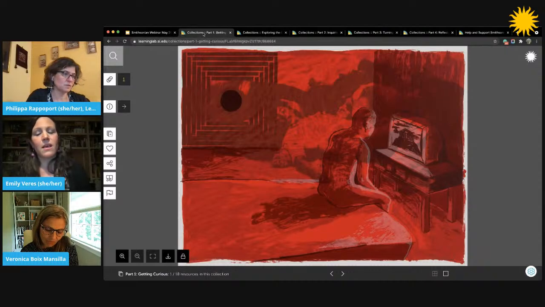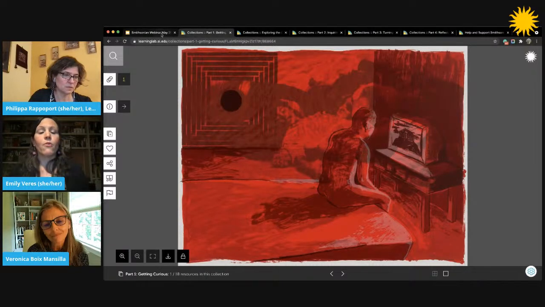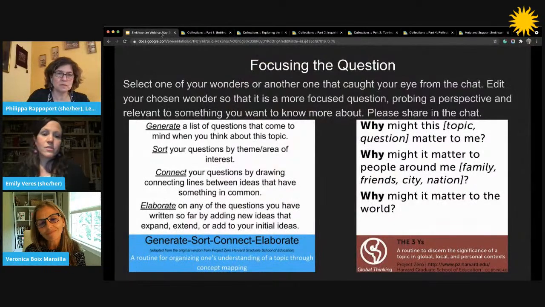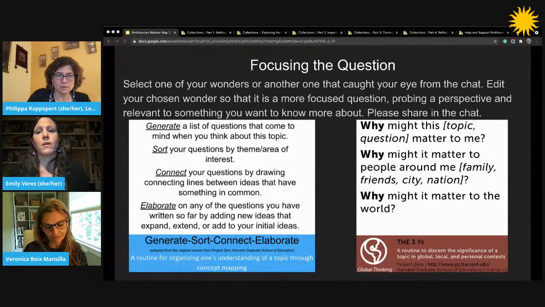For my students, the next step after looking at this particular image was to consider the questions that they had brought up and then focus those questions. I used a couple of different thinking routines to do this, and you can either practice this on your own, or you can consider fine-tuning that question and sharing it in the chat. I asked my students to select one of their curiosities or wonders and come up with their own questions to ask. And remember, this is in a science class, but as 12th graders, not all of them were interested in studying science in the future.